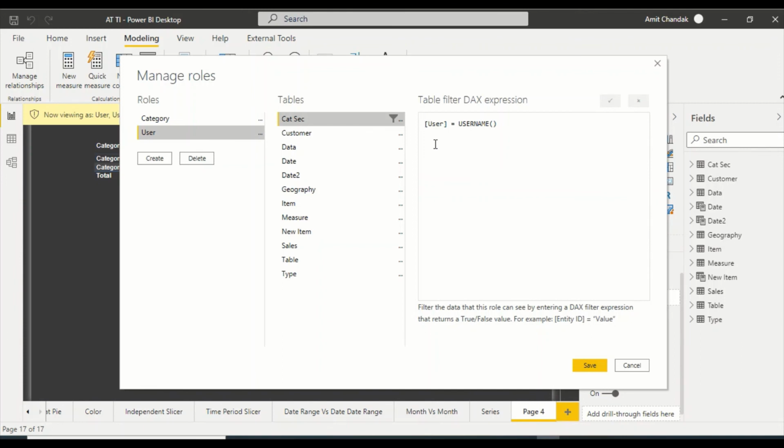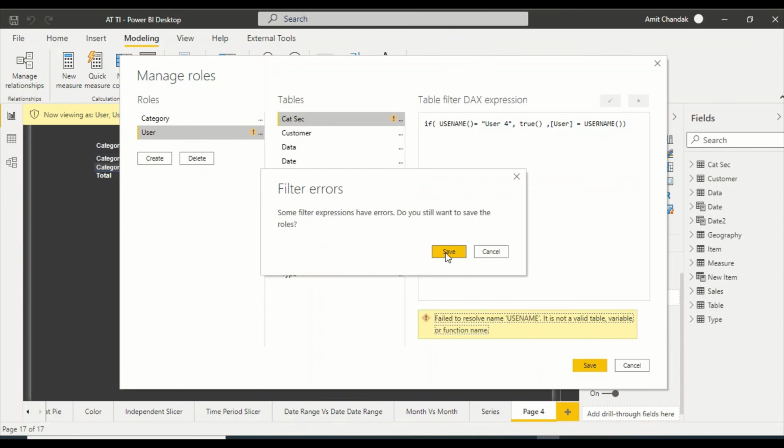So I say if username equals user 4, then we return true, else we return user equal to username. Okay, let's try like this.